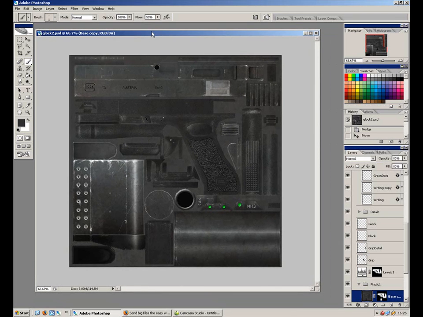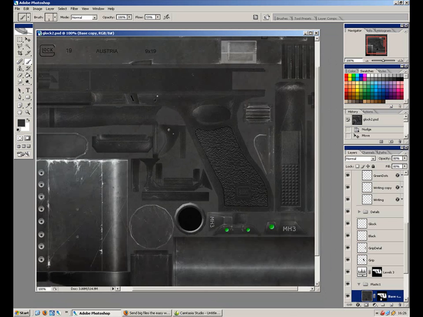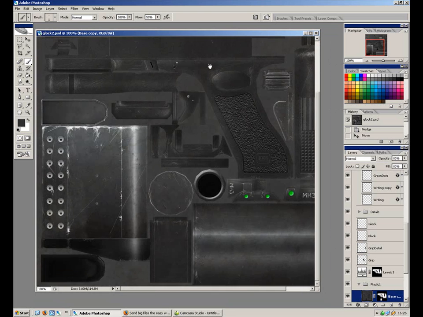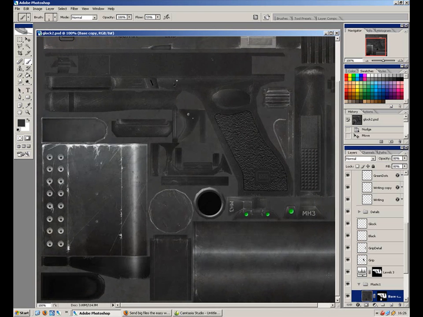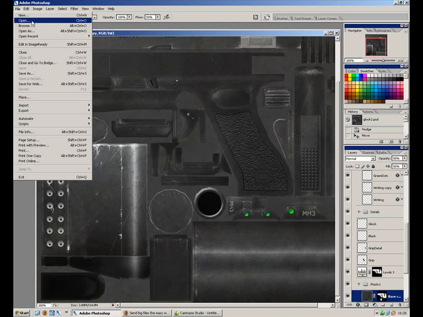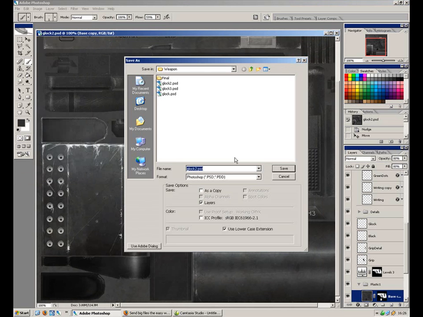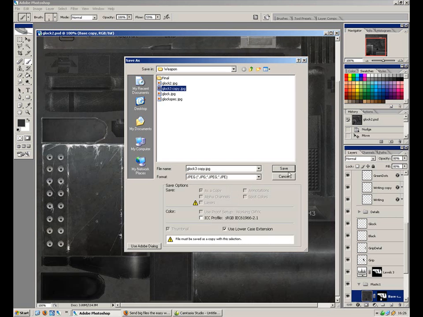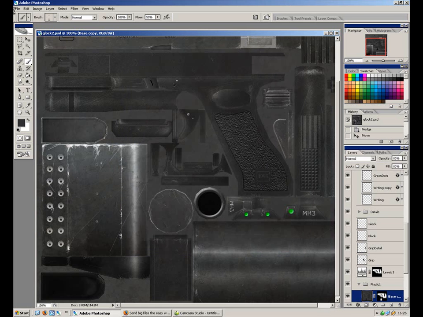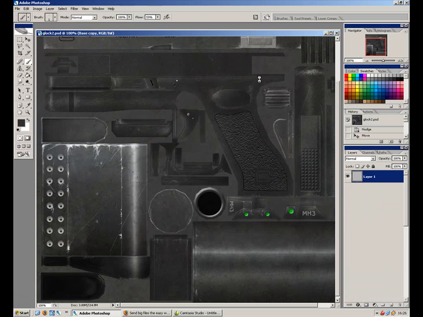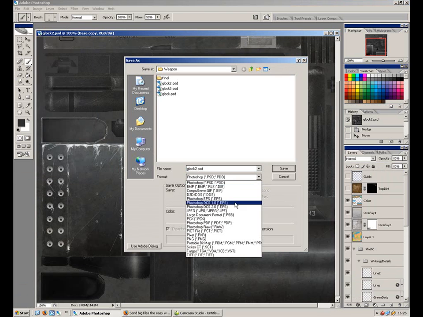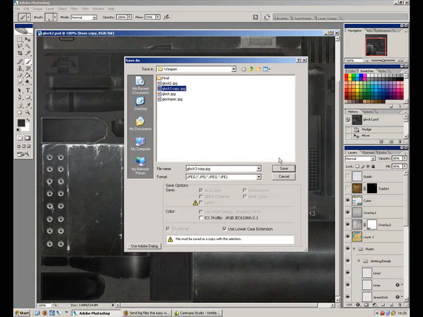So once you've finished all your metal and plastic, you're going to have something that looks a bit like this, I hope. Right, the next thing we want to do is I'm just going to save it as a JPEG for now. What we got on here? Copy there. And whoops. And what we're going to do with this JPEG is we're just going to make a few final